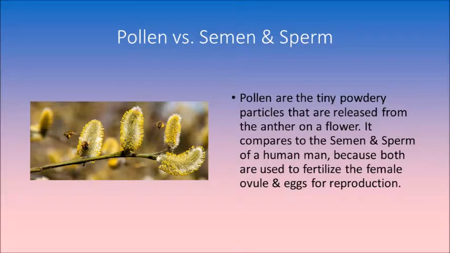Pollen versus semen and sperm. Pollen is the tiny powdery particles that are released from the anther on a flower. It compares to the semen and sperm of a human male because both are used to fertilize the female ovule and eggs for reproduction. The picture to the left shows